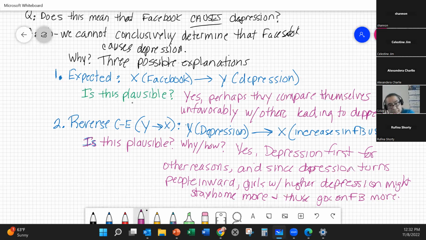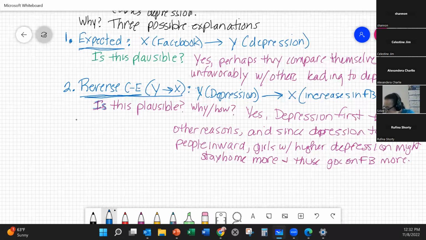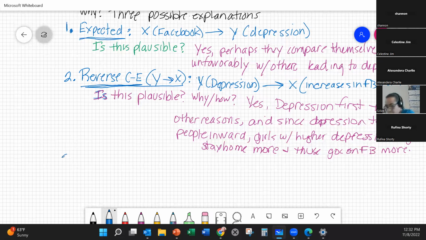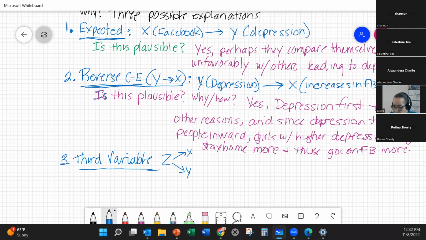So we have our first possible explanation, which is the expected cause effect. We have our second, which is the reversed cause effect. The third possible explanation is called the third variable. Let's name it as some unknown factor Z causes X and causes Y. And so in this case, we would have to think of some unknown factor that could cause both X and Y. So it's plausible if we can think of even one